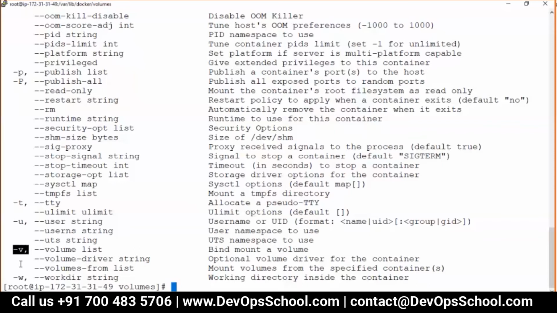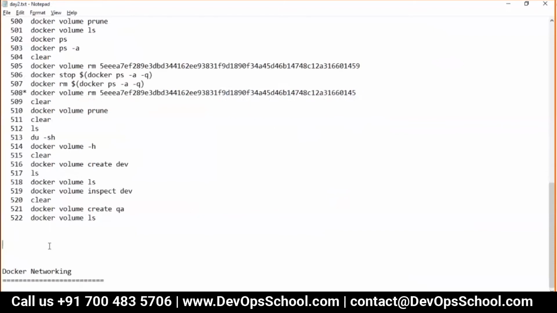You cannot pass it once the container is running. You cannot modify it at runtime. So anything you want to modify, you have to pass it during runtime only. Guys, are you able to understand me? Yes.